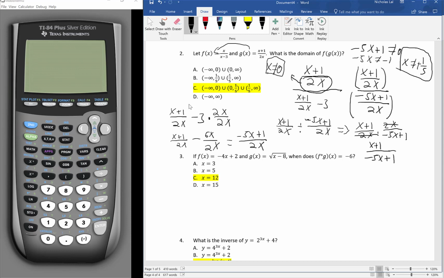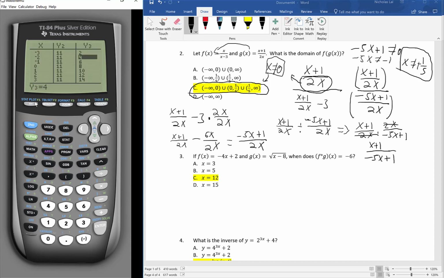So that means the domain is from negative infinity to 0, 0 to 1/5, 1/5 to infinity, based on our domain restrictions. Additionally, another method is putting the composition into the calculator. If we can turn this on. So if we can use the equation